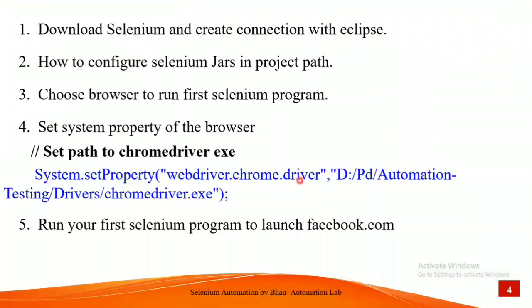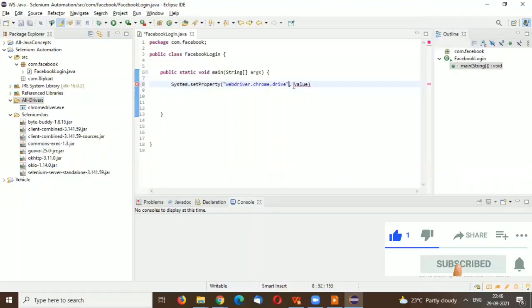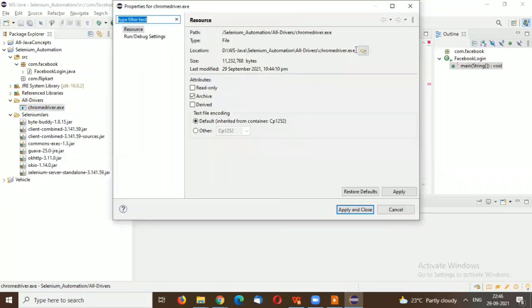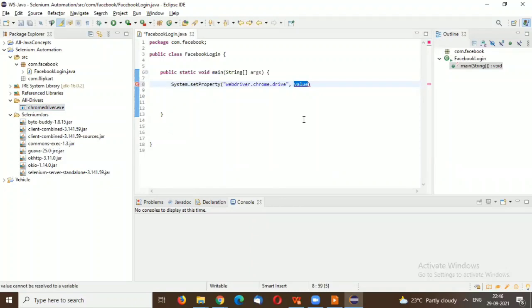Write it like this: webdriver dot chrome dot driver. And we need to give the path of your Chrome driver exe here. So go to the properties folder and give the path from there. Copy this path and just paste it here.